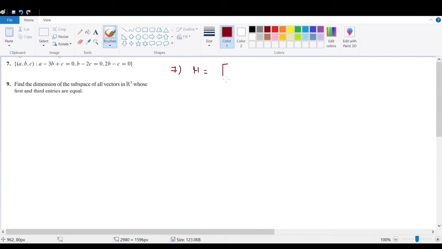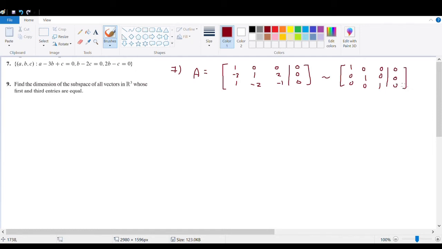If we write the matrix of this one, for example A, this one is A, not H. So the matrix for this subspace is the coefficient of A, then coefficient of B, C, and then we have the column of 0. So 1, minus 3, 1, 0, 1, minus 2, 0, 2, minus 1, and here we have it is equal to 0. We need to do row operation for this one to know what is the basis. So it will give us 1, 0, 0, 0, 1, 0, then 0, 0, 1, and here we have 0,